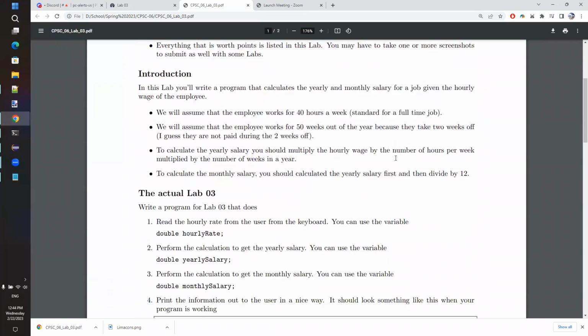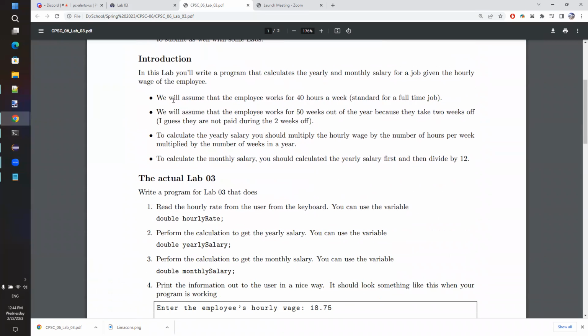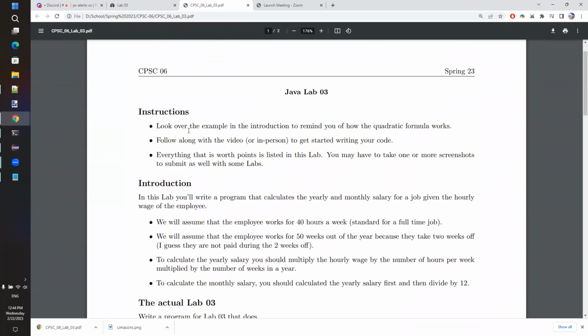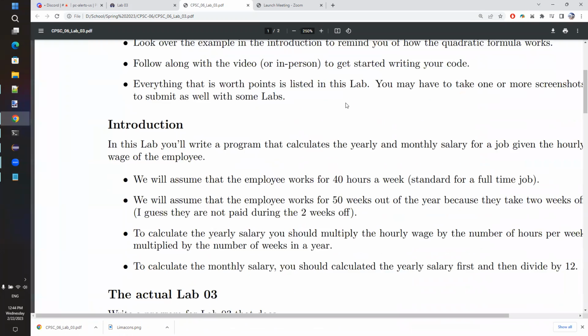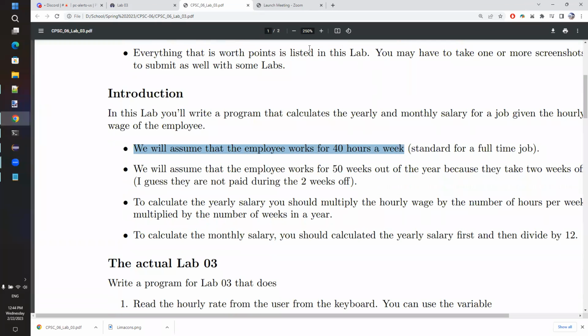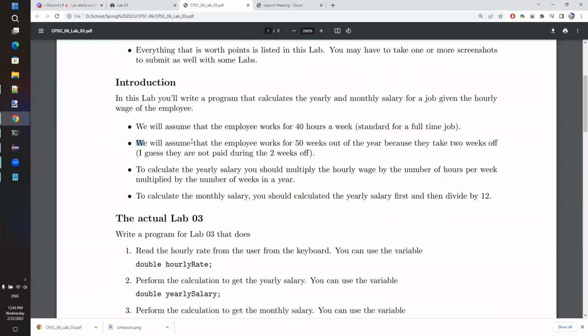So there are certain assumptions here. We assume that the employee is going to work 40 hours a week, just every week. And we assume that the employee works 50 weeks out of the year because they take 2 weeks off. Now, I understand that this is not what everybody necessarily does, but this is just how the problem